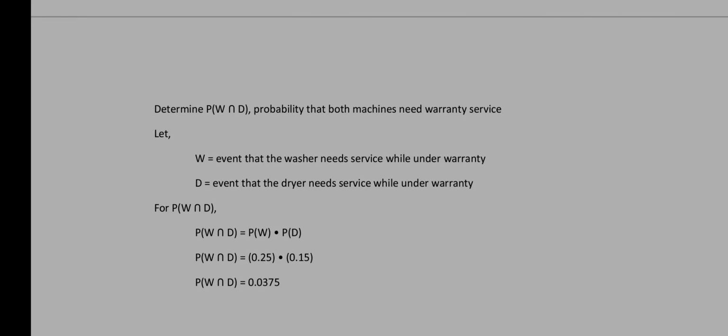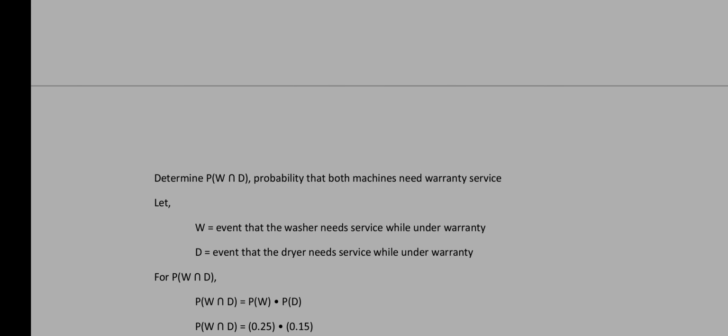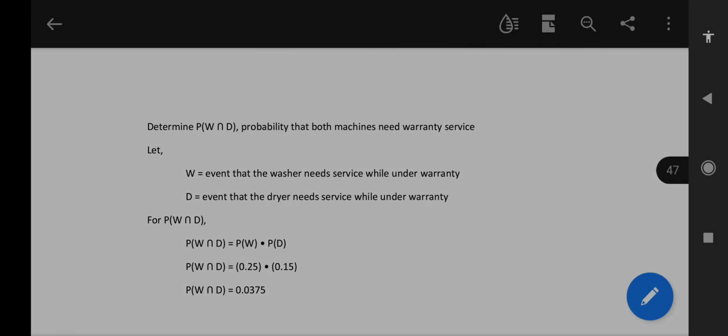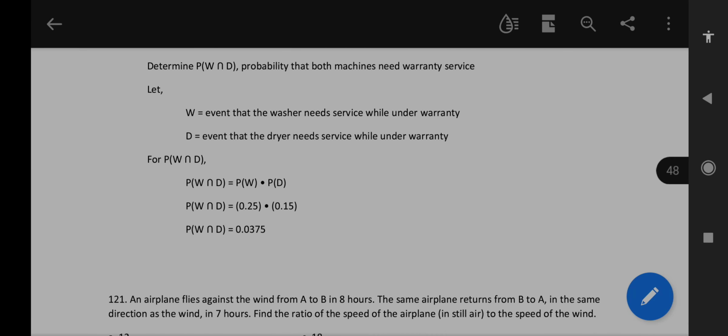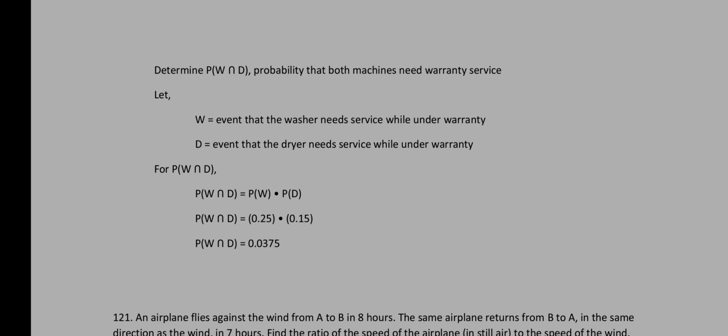Determine P of W intersection D, the probability that both machines need warranty service. Let W be the event that the washer needs service while under warranty, and D be the event that the dryer needs service while under warranty. So, for P of W intersection D,